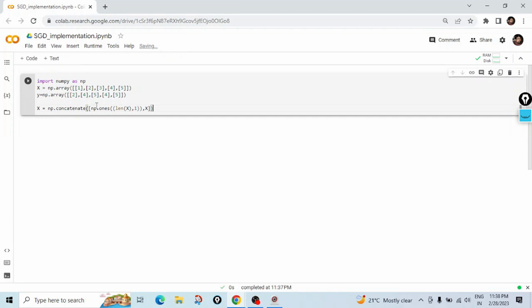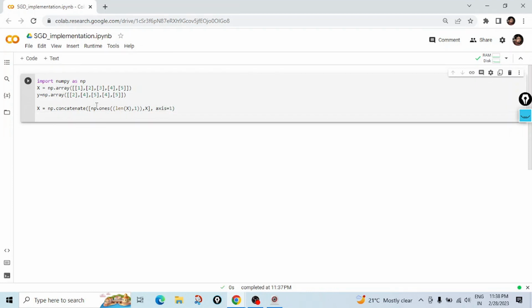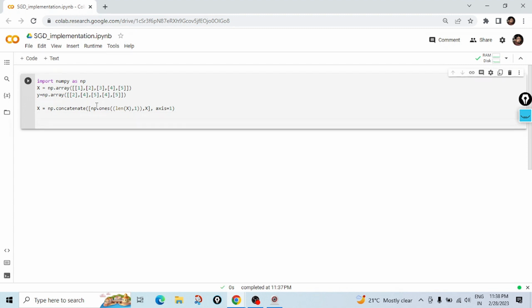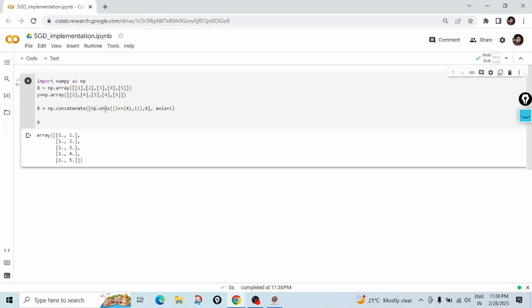So that is like another parameter with all values as 1, and this is for axis one. Now let's see what is the value of x. So the first is the bias value and second is the x value. Okay, and